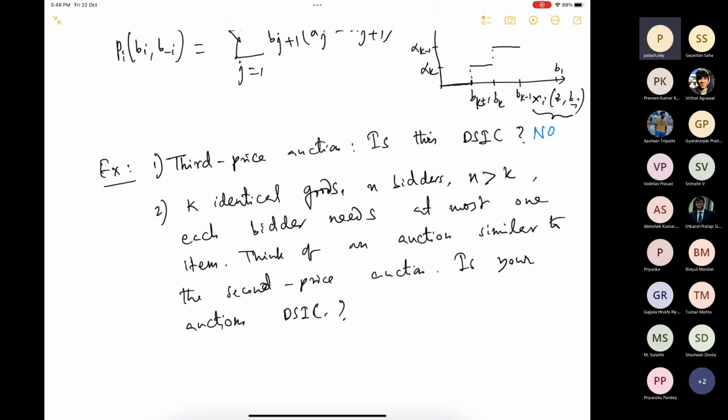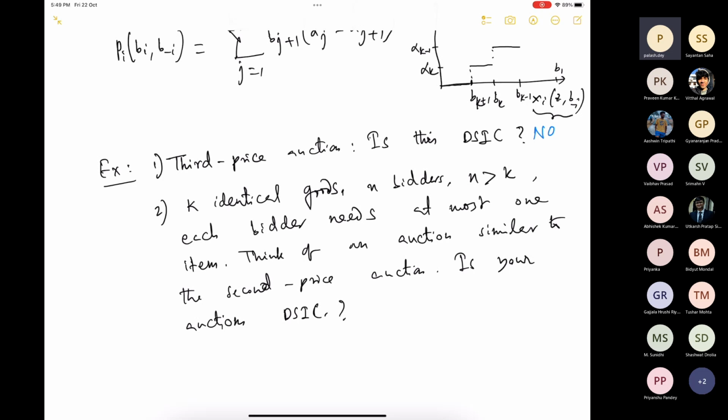So any other payment rule will not be DSIC, straight from Myerson's lemma, because if you fix an allocation rule, the payment rule that makes it dominant strategy incentive compatible is unique. And because the payment rule of making the winner pay the second highest bid makes the allocation rule which allocates the item to the highest bidder dominant strategy incentive compatible,